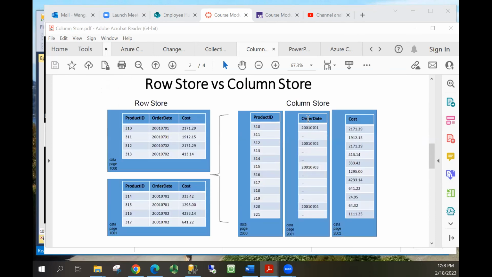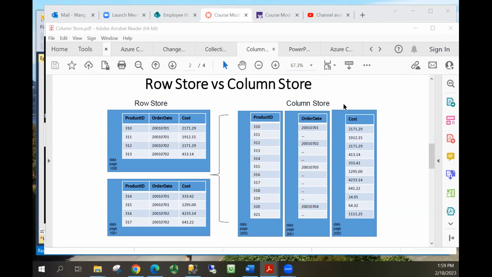So column store has been used with NoSQL database management systems for a long time. Okay, so NoSQL database management systems tend to use column store, quite a few of them. But this column store architecture has been adopted by relational databases as well. For example, with SQL Server or in Azure, the new SQL, you can create column store index. But keep in mind,